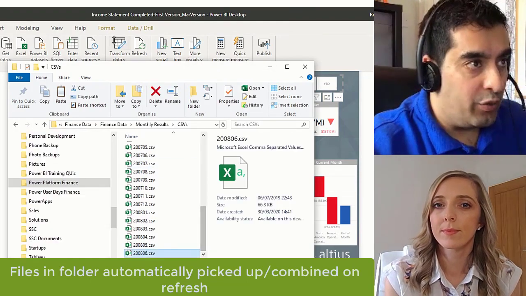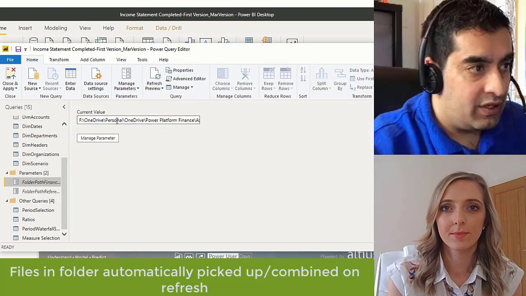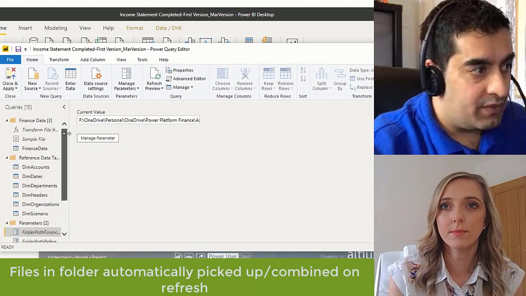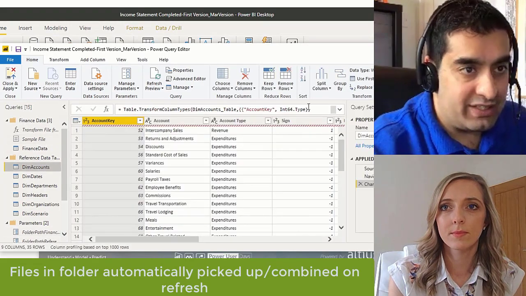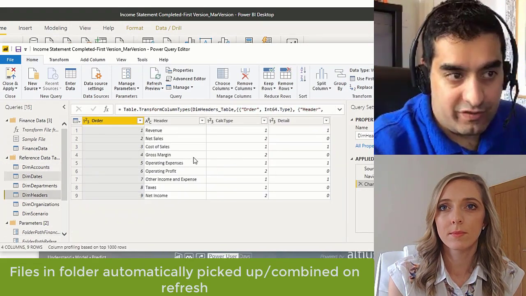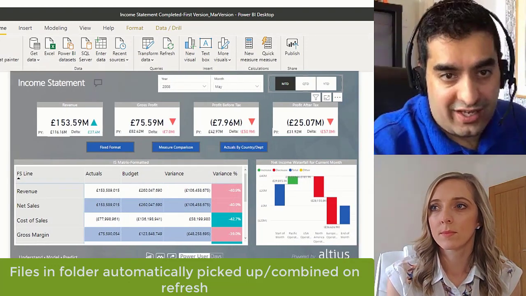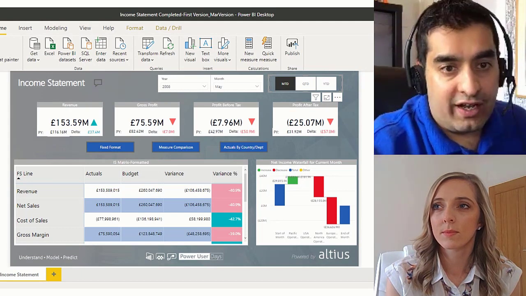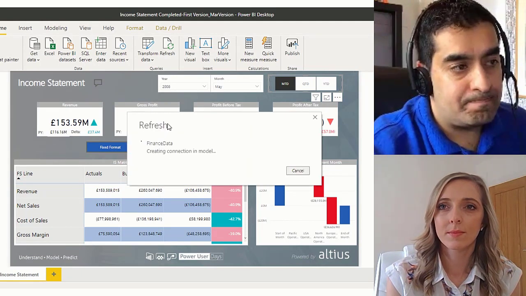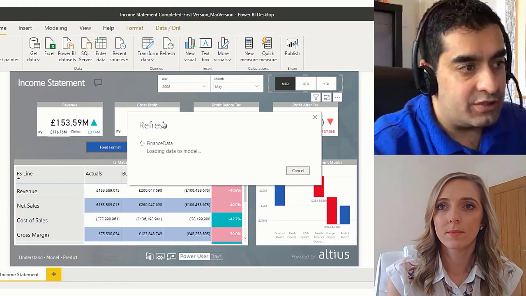yeah, and then we can see in Power BI that I've got a link to that folder path, so that's where the files are stored, and it will refresh all of those. So it picks them all up automatically, and it just applies any of these transformation steps to it. Each time, this refresh can happen overnight, it can happen automatically. Right click on refresh data. And hopefully now what we'll see, once that data is refreshed,